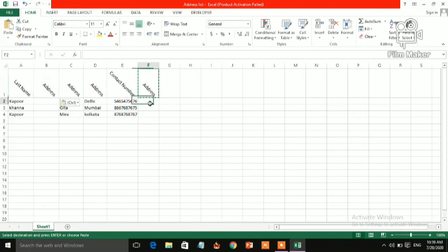Can you see it is pasted here? This way numbers also you can copy and paste from one place to another place. Very easily you can move your text from one place to another.